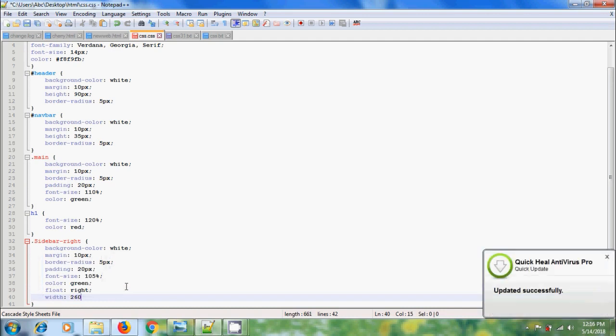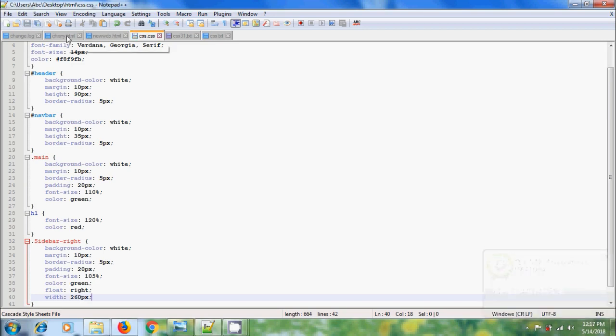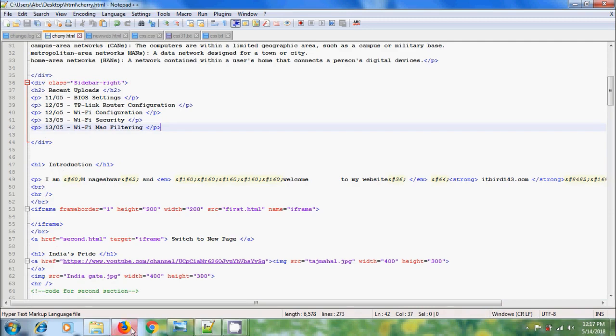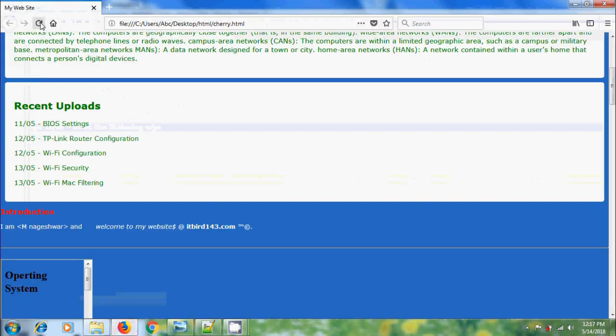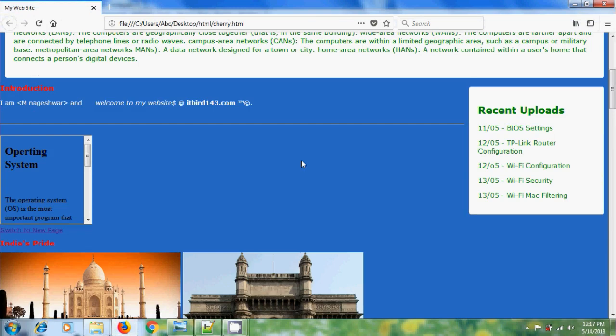Here I'm taking 260 pixels. I want to show the sidebar in a 260 pixel wide window. Save the CSS, come to HTML, save this and come to web page, reload, and we got the sidebar, but